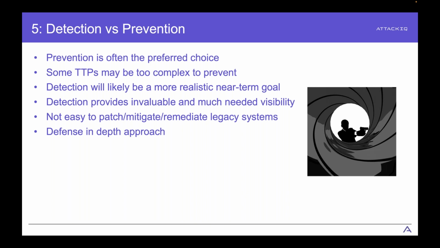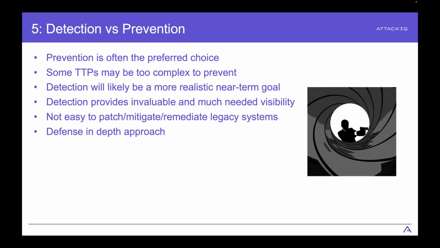Now, obviously, you can't prevent what you can't see, right? So once you have findings to raise, then you can't unsee them. So, in my opinion, detection is often a more realistic goal in the near term, unless, of course, detection is already working within your organization. Now, it really doesn't matter. This is just a personal choice. It depends on the maturity, whether you want to focus more on the prevention side or the detection or both. I mean, ultimately, you want to end up doing both. There isn't a right or wrong approach to this. It's just something to be mindful of.